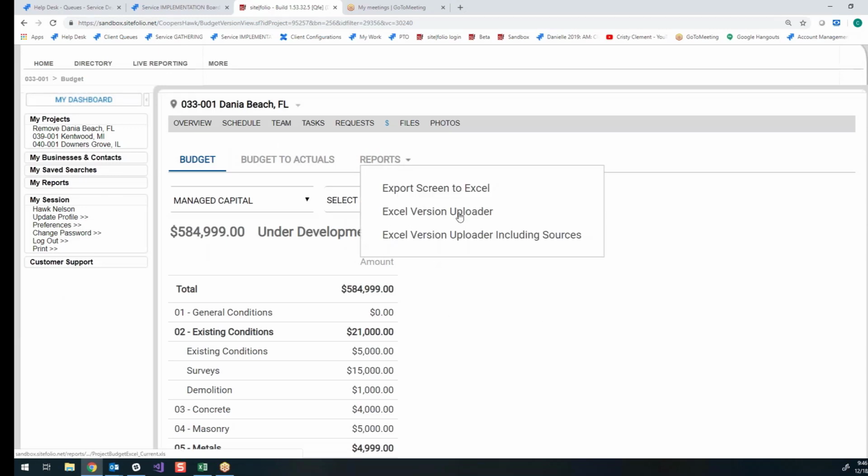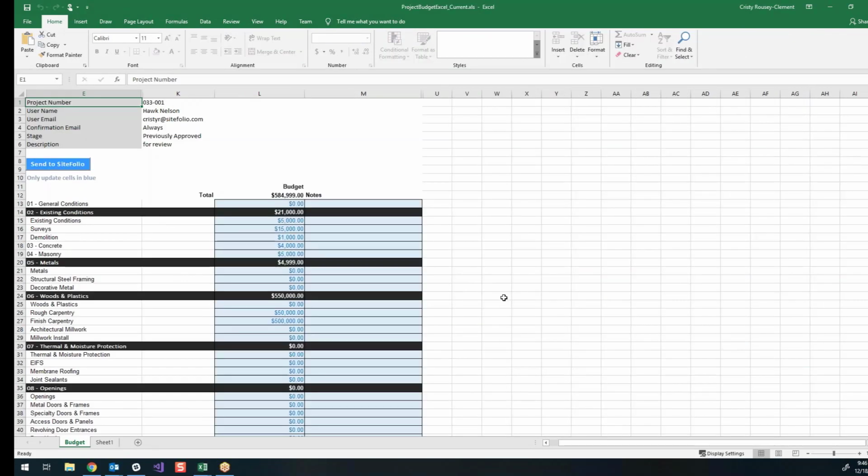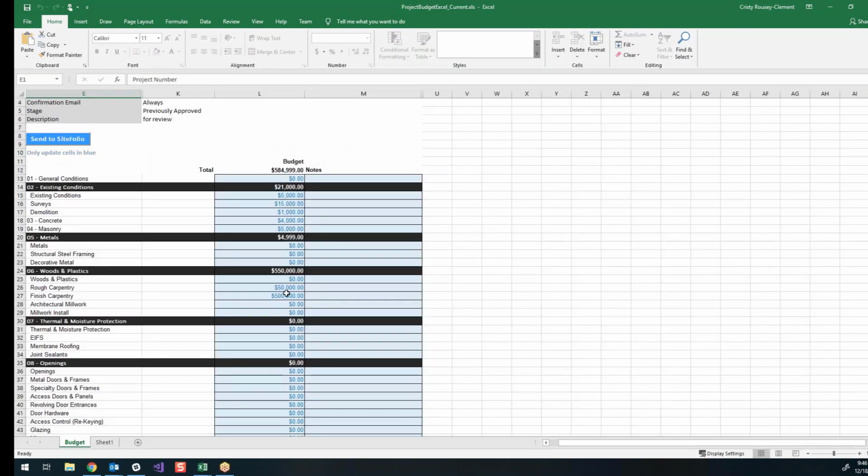The other way is to utilize the version uploader here. So what I'm going to do is I'm just going to generate this report. It's actually an Excel document using XML. This is what the budget uploader looks like, and you're only to enter dollar amounts in the blue shaded fields. So what some of my clients will do is they'll download this for a couple of their projects. They'll get on an airplane, maybe work up their budgets,